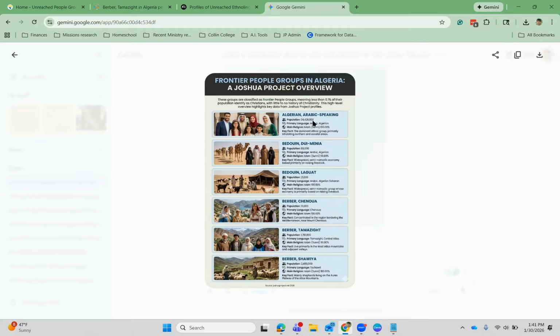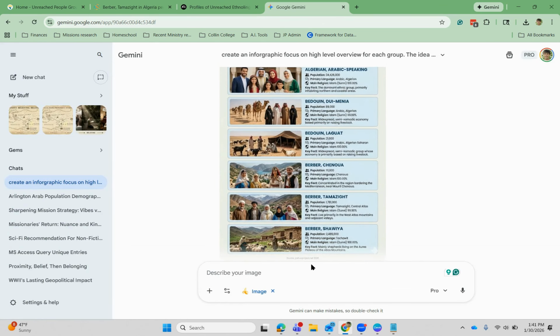And so the idea with doing this in Gemini with Nano Banana is then you can actually start to create things that are more useful for you. So if you want it to say certain things, just tell it you want it to say those things, and then you can make it better. For example, right now it says a Joshua Project overview. If you don't want it to say a Joshua Project overview, we'll just tell it to remove it, and then I'll